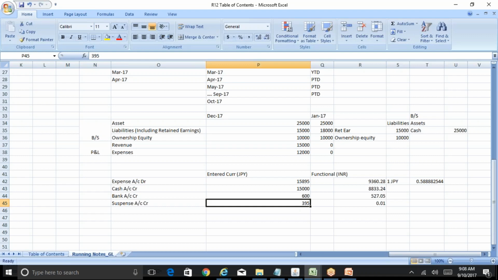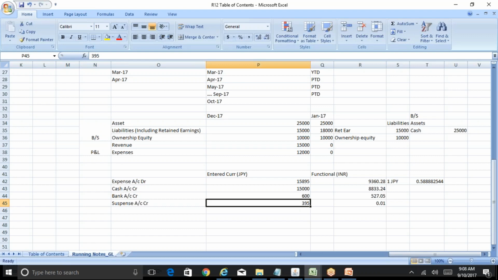Then they'll enable the suspense account, because most of these inbound interfaces are scheduled to run overnight, and when they are scheduled to run overnight, users will not be available at that particular point in time, right? So they do not want to stop those interfaces. They want the interfaces to get into the system, and if there are any unbalanced journals, they want that to get pushed into the suspense account, and the next day they review the suspense account and take an